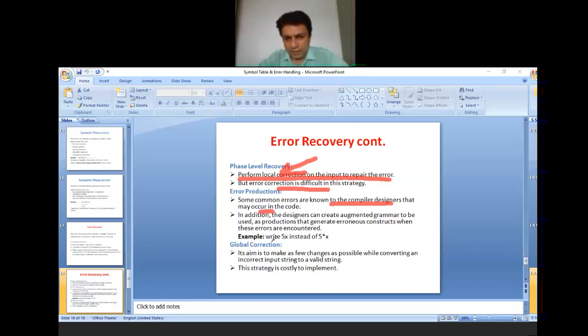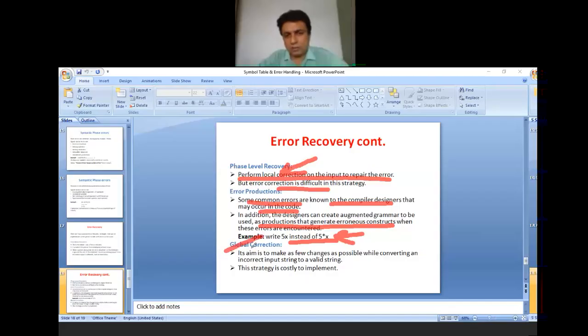For example, write 5x instead of 5 * x. If you write 5 * x, then more execution time will be needed because it treats it as multiplication. The * sign is for multiplication, so the multiplication function is invoked and the execution time will be more, so we can write it as 5x.